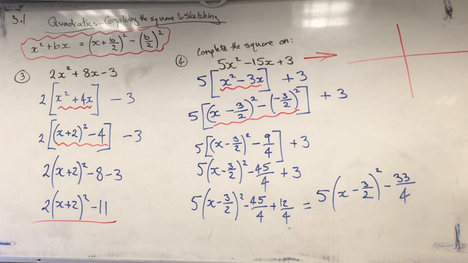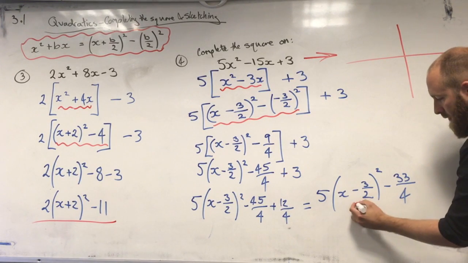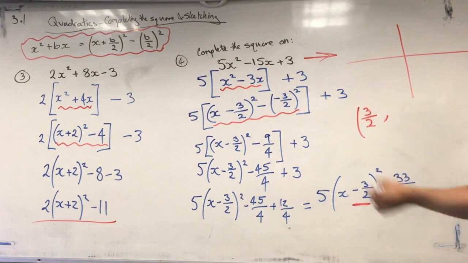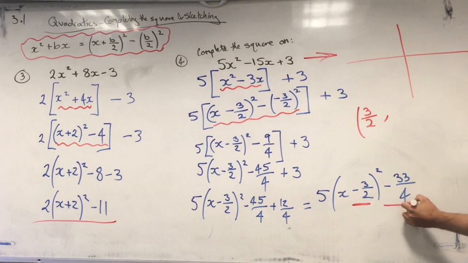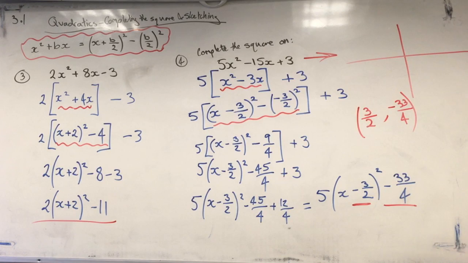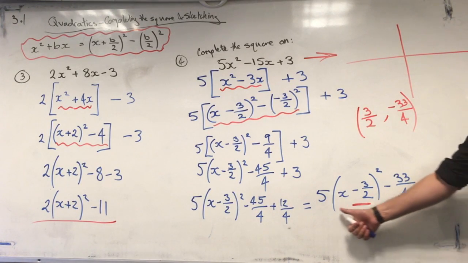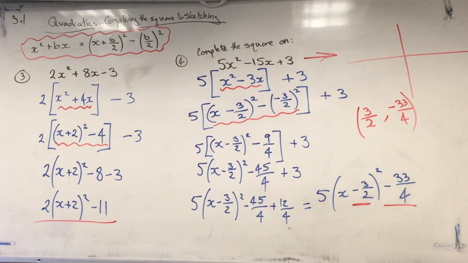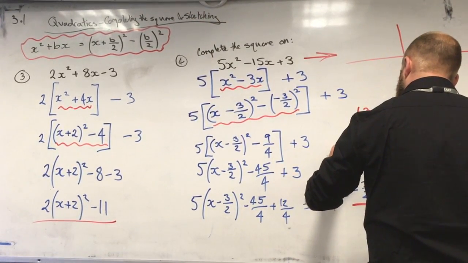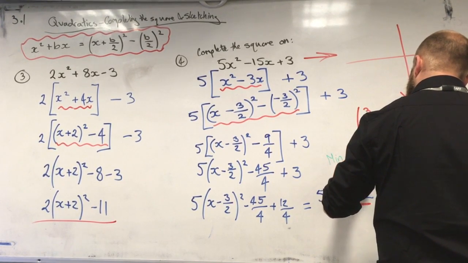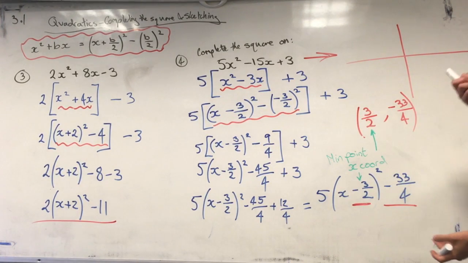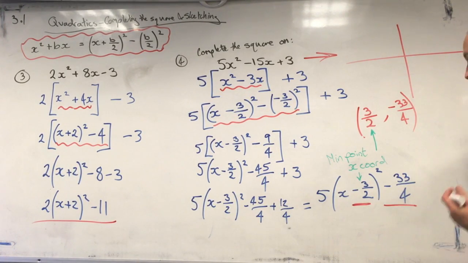So for this quadratic, the minimum point is, this is our x coordinate, or the opposite of our x coordinate. So our x coordinate is going to be 3 over 2. And our y coordinate is given by this bit. So if I want to sketch this quadratic, this will tell me what the minimum point is. So if you add this to your notes, remember it's the opposite sign, kind of same as when you're solving a quadratic that you factorised,